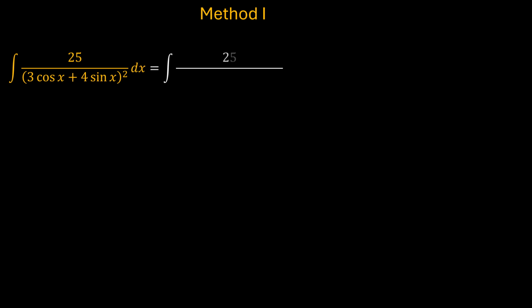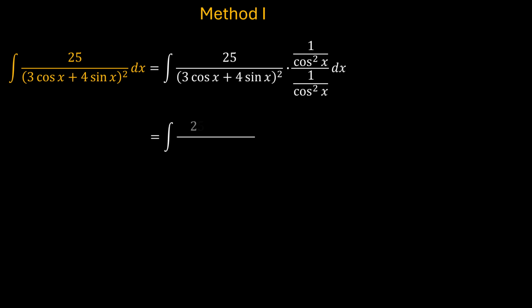So the first method would entail dividing both the numerator and denominator by cosine squared x. We want to introduce that tangent x element into this integrand. We achieve that by multiplying by 1 over cosine squared x, or multiplying by secant squared x. So what that becomes is 25 secant squared x over (3 plus 4 tan